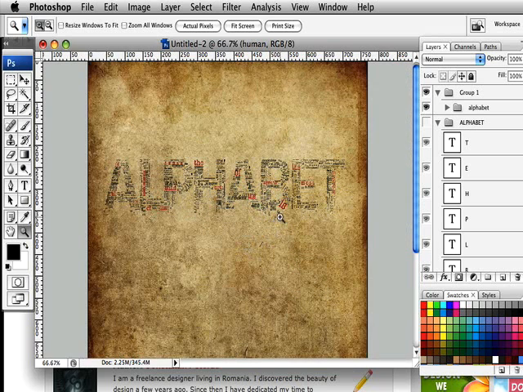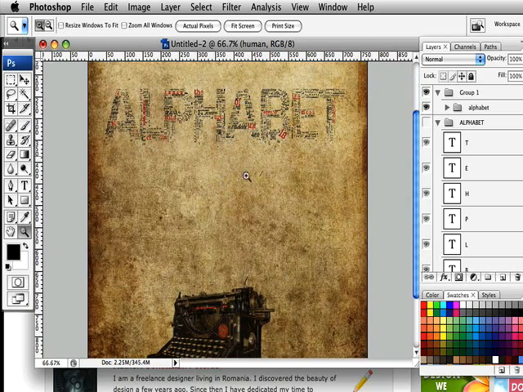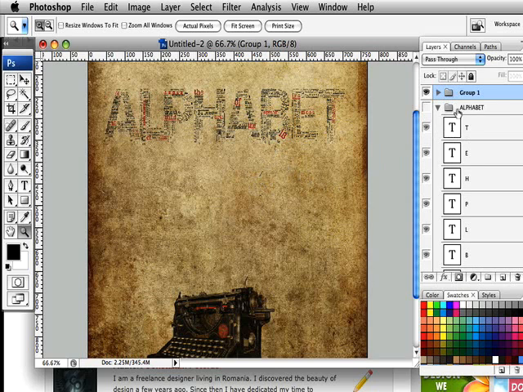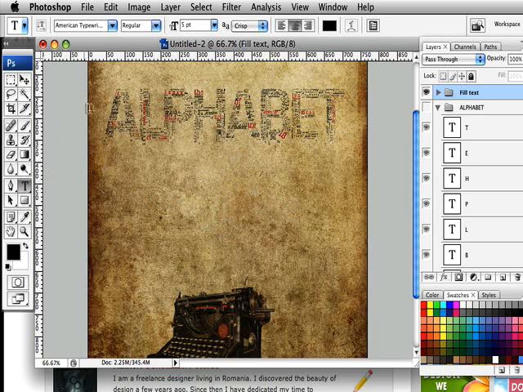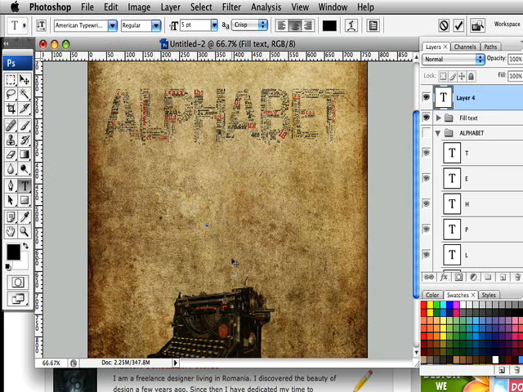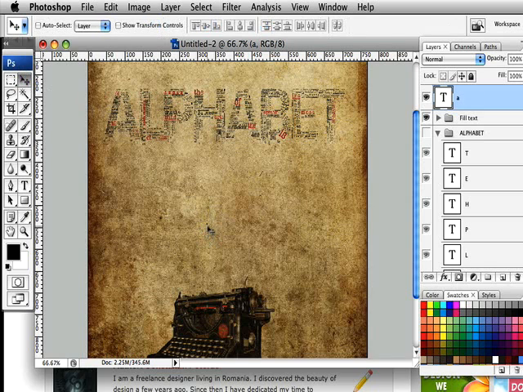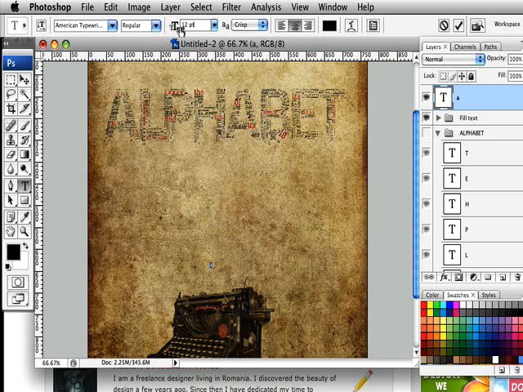So once you're happy with your word that's been made up of all those letters, the next thing we need to do is to add the gap, or fill in the gap that joins our typewriter with our alphabet. And in order to do that, I'm just going to rename that fill text for now. We're just going to grab our text tool, again still American Typewriter, and we're going to click on here, I'm going to type the letter A, and it's really, really tiny. Just going to move that down here. Let's just increase the size,